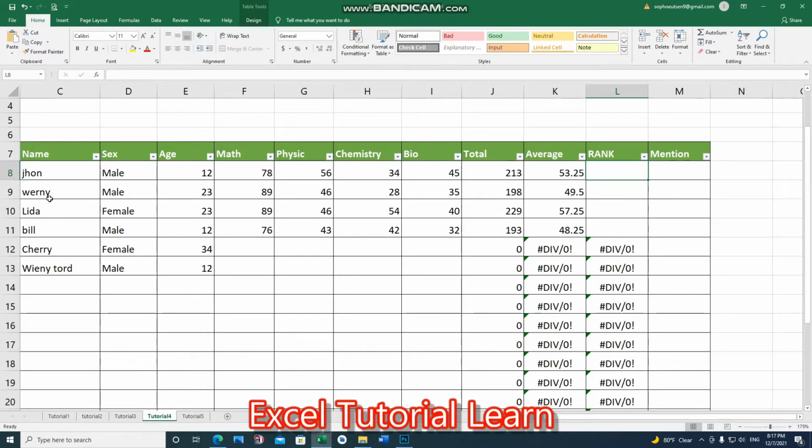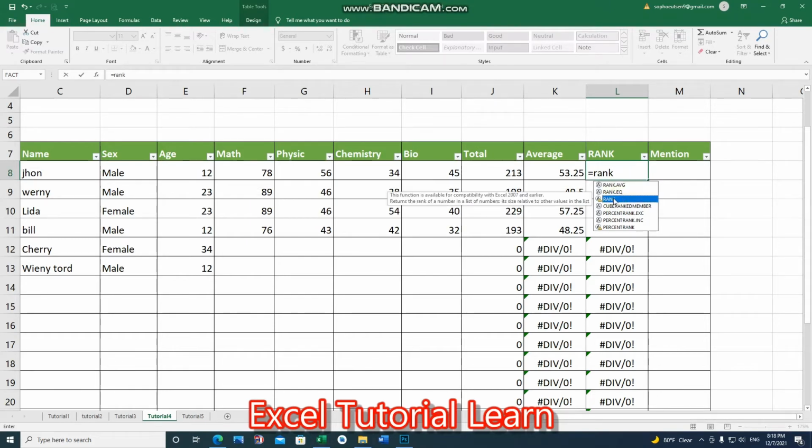In this tutorial I only input the scores of 4 students in the table, and I would like to rank the classification of the scores: who is number 1, who is number 2, and who is number 4, according to the grades of average. Okay, and I call the rank to rank the average scores in the average column, and